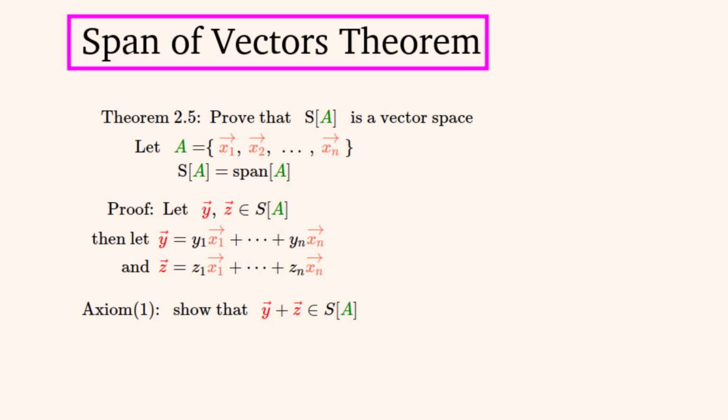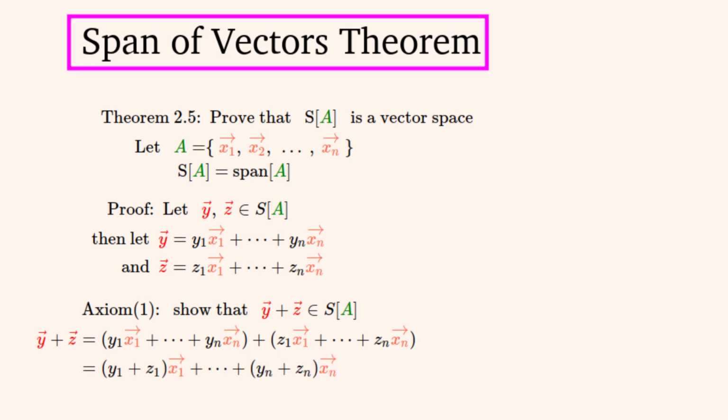Now we'll have to prove that the span of A satisfies all 10 vector space axioms. To prove that it's a vector space, we'll start with the first one, which says that the sum of any two vectors in the set is in the set, and y and z can stand for any two vectors in this set. We'll expand out this sum using the definitions of these vectors in terms of the vectors in the span of A. Then we'll simplify this expression so that there is only one coefficient for each of the vectors in A. And so this vector is in the span of A because it's in the form of a member